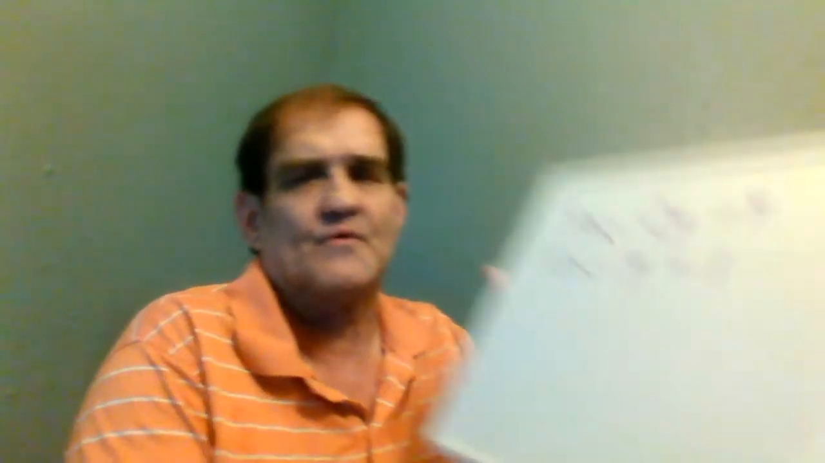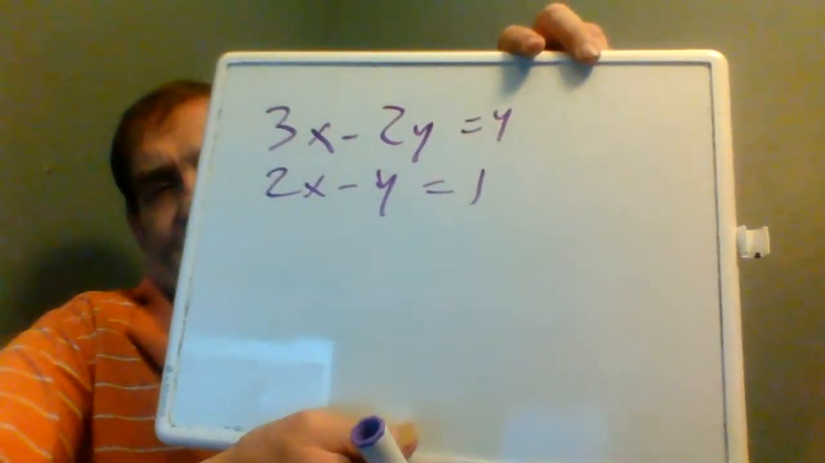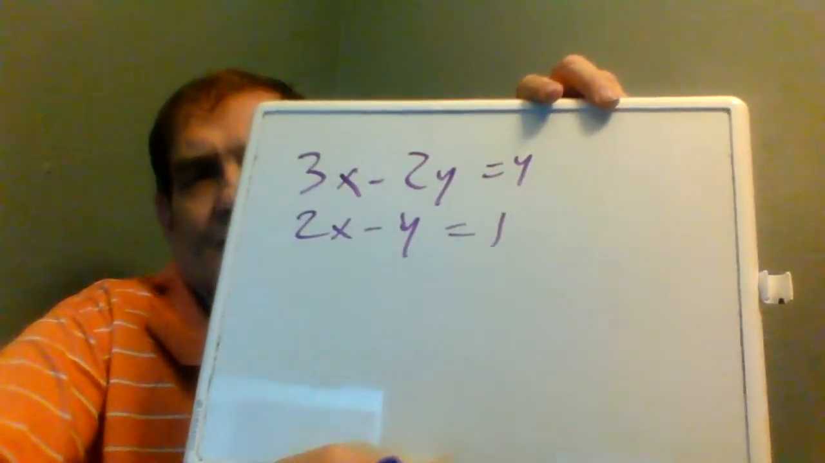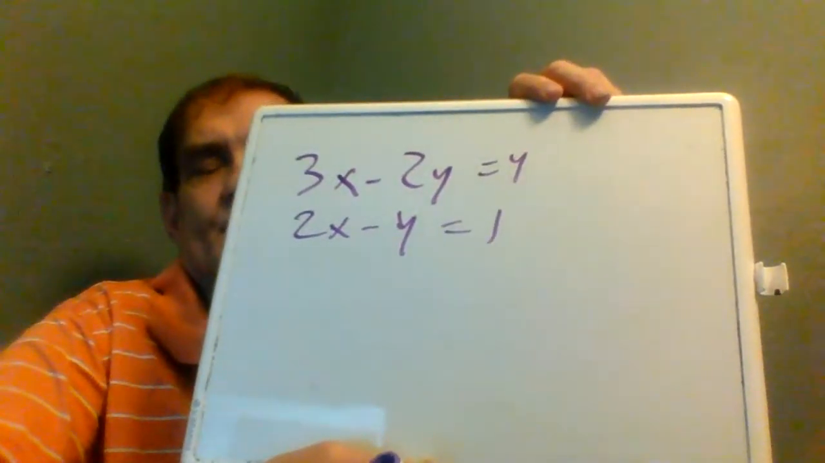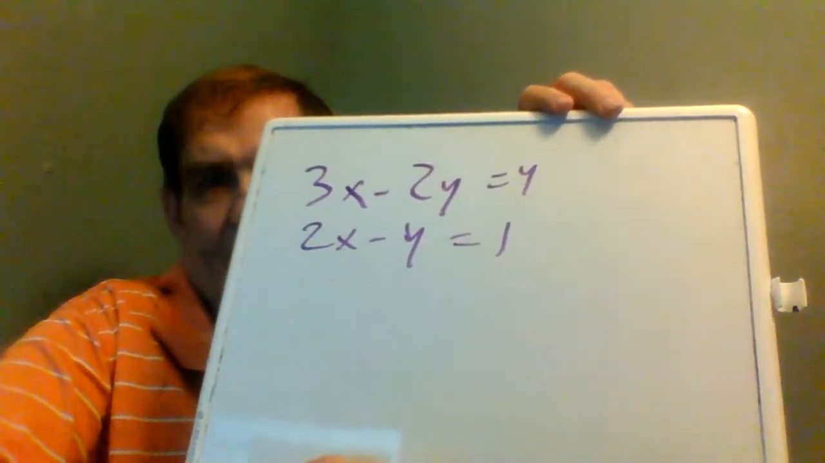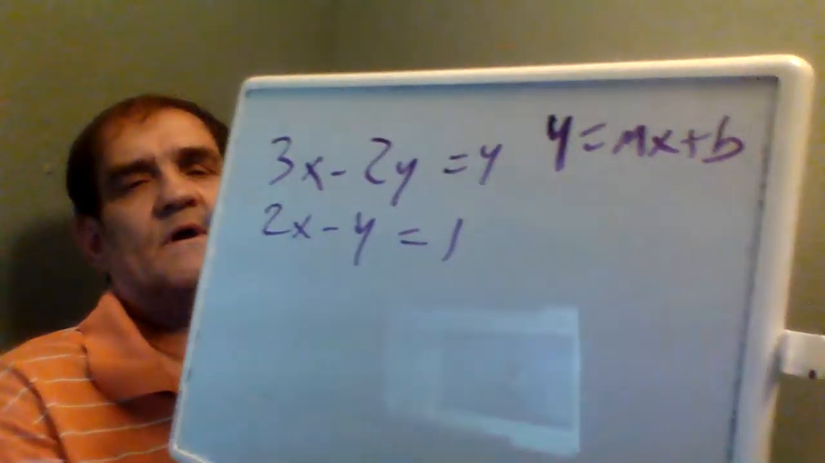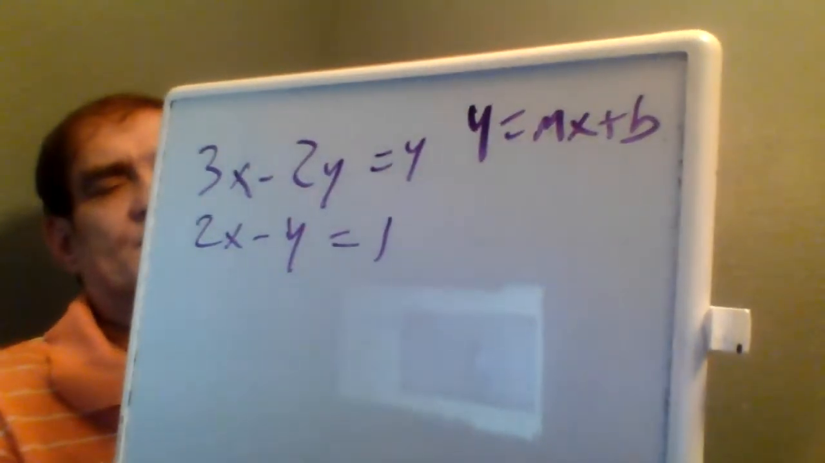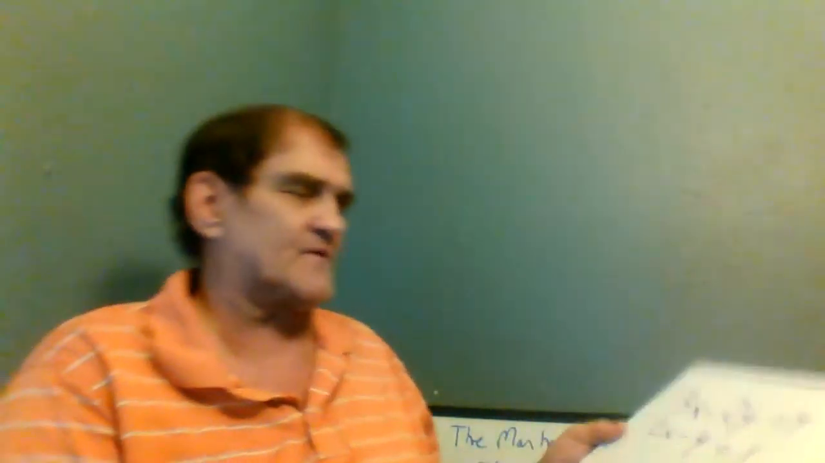What you want to do is graph these equations. Now, the way we're going to do it right now is using the formula for slope, y equals mx plus b. That's the formula for slope. Now, to get these equations into the form we need,